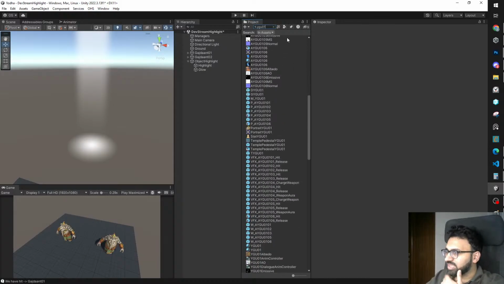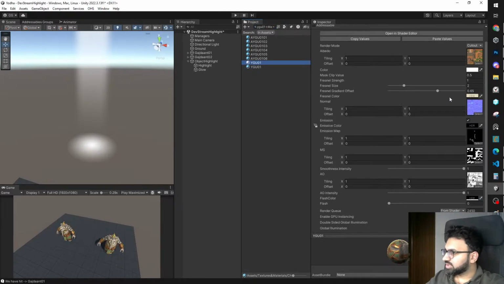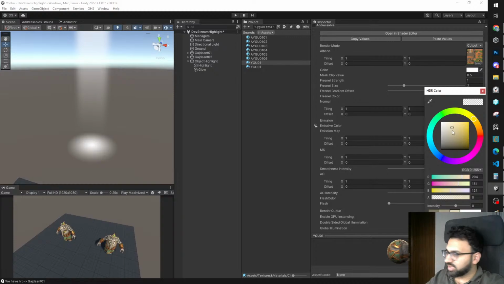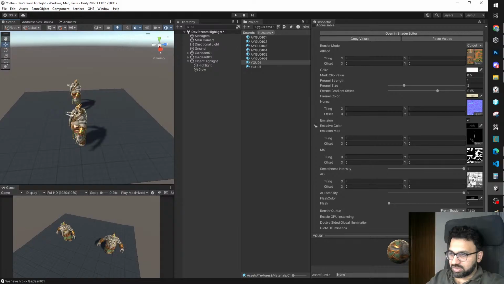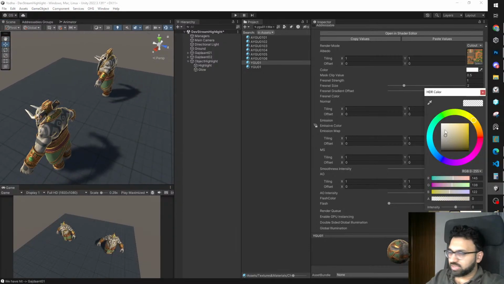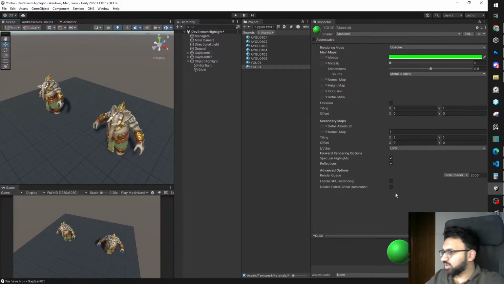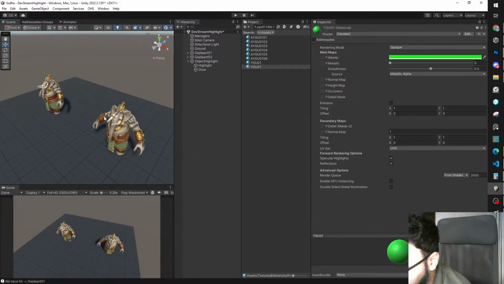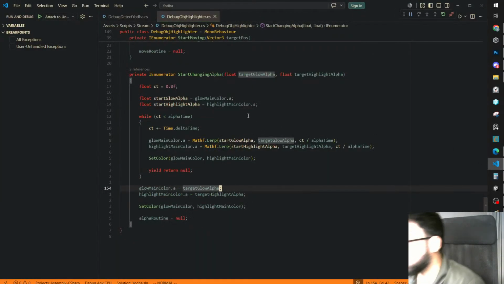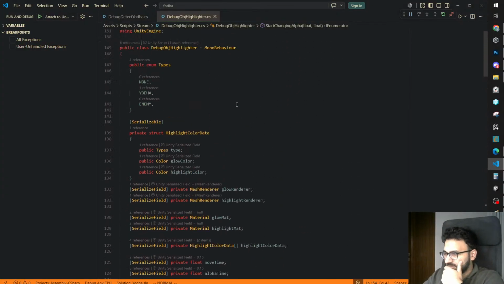where is the material? Yeah, so if you see this, there's a Fresnel value color, and if we change this, you can see that this changes basically. So what we'll do is that when we hover or when we click, we'll just change the material value of these objects. So the way we can do that is